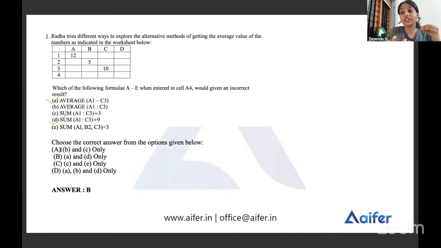They have asked to find which formula can give the correct average of the spreadsheet. The spreadsheet gives only 3 numbers, and the average of those 3 numbers is 9. So we have to try all the other options, and we have 5 options. If we get 9 as the average, then that will be a correct answer. So we are going to do the same kind of question